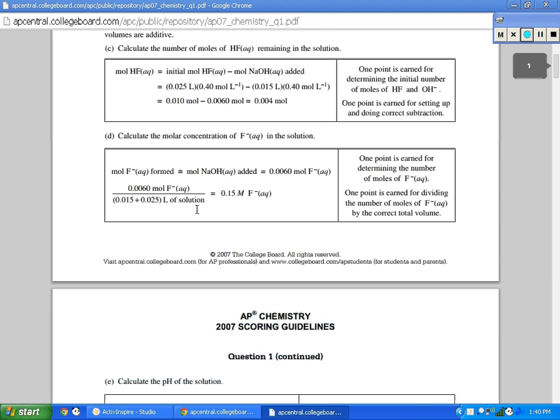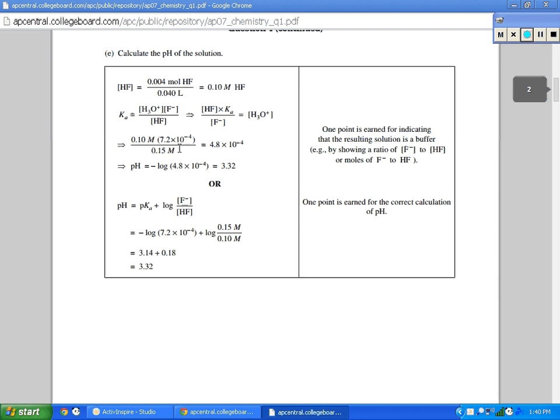This is what they did. Calculate the pH of the solution. I've already given you the Ka, right? This is for the original one. You had to solve for the concentration of HF, which in part C we solved for the moles, and then we divided by the volume. Got the concentration, and then basically it was the... See, I think this is a difficult problem because you would have never known where to get